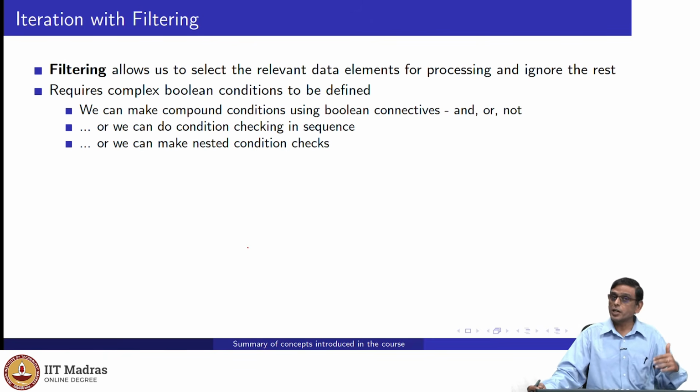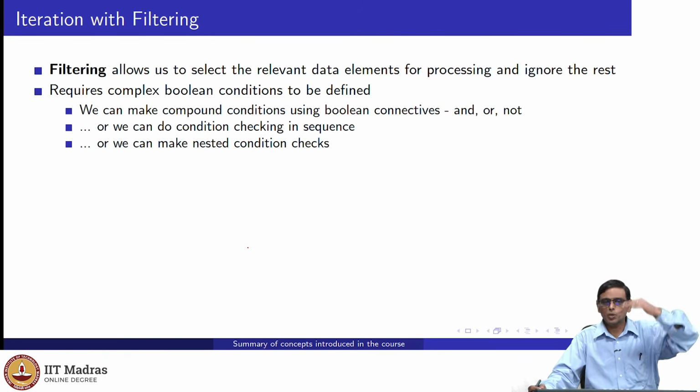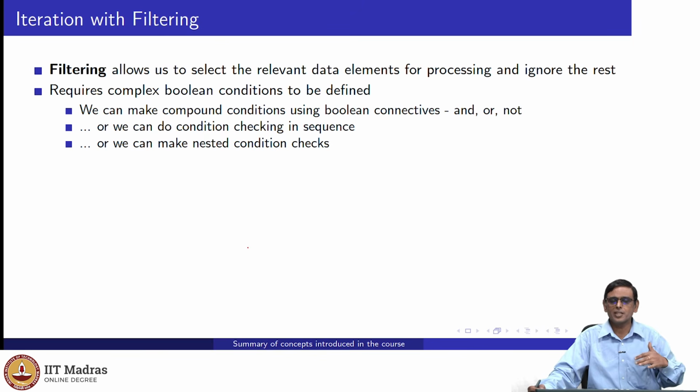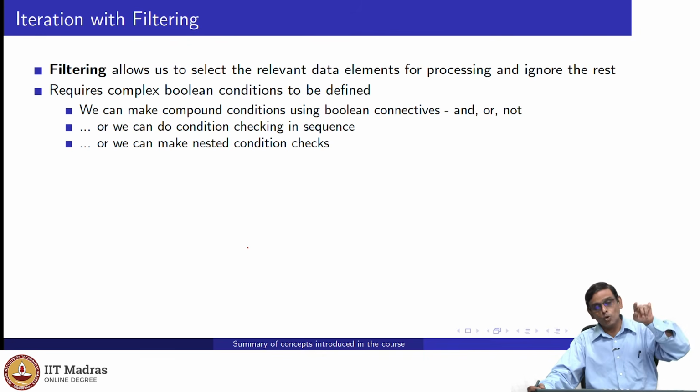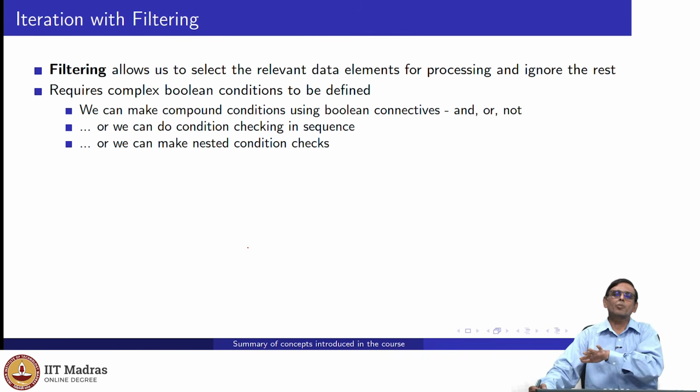Or you can write conditions one after the other sequentially. You write one condition and do something, you write another condition and do something else. So if something, do, then again follow it with another if something, do something. Or even you can nest it. So you can say if A, then open bracket, if B, open bracket, then do something. So you can nest the conditions, you can sequence the conditions. They are not the same, they are sometimes the same, sometimes not the same.